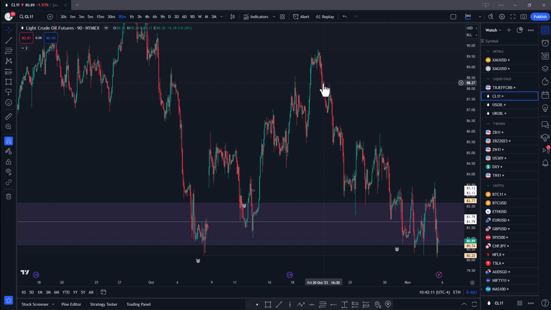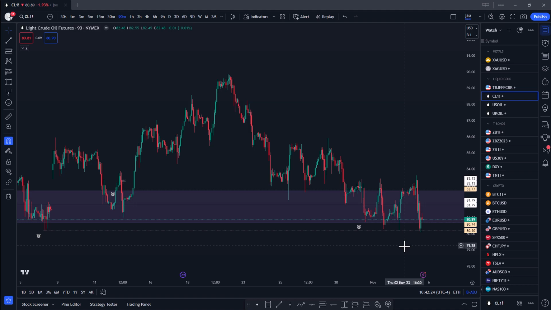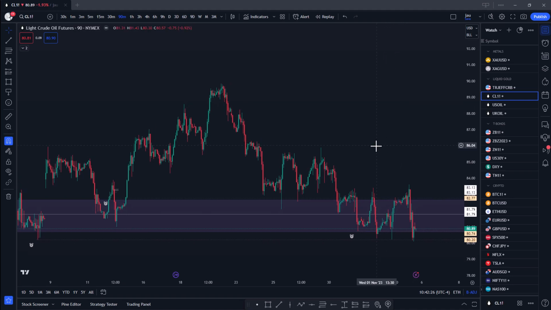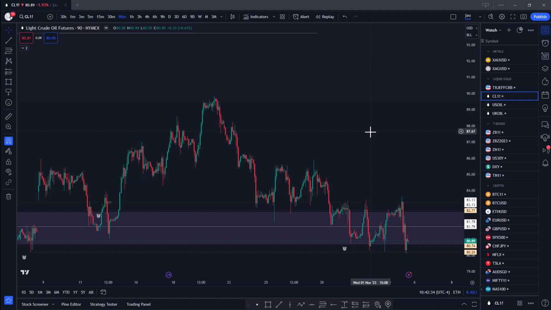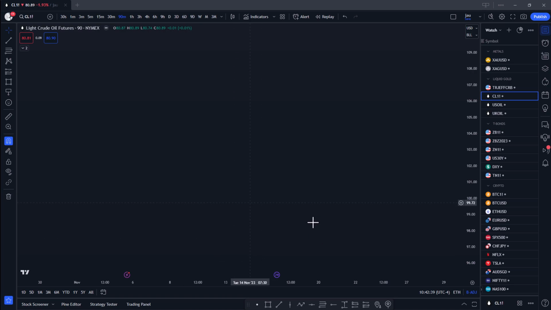I will be making somewhat of a longer video today, and this is because I'll not only be going over the week that was and the week to come, I'll also be going over the basics of the ICT 2022 model, which I think I should begin with before going over what I'm looking for next week. So the ICT 2022 model